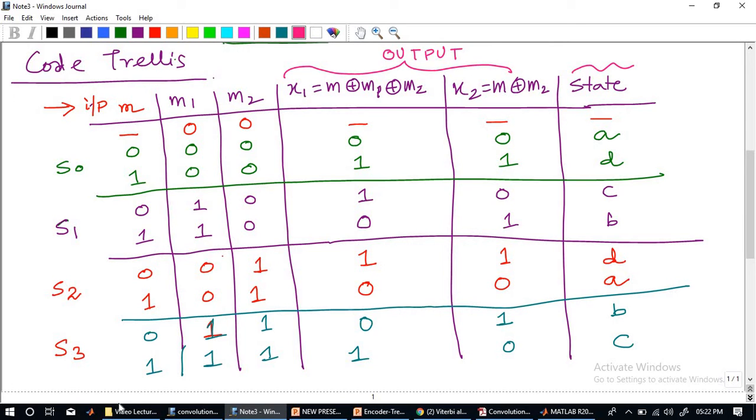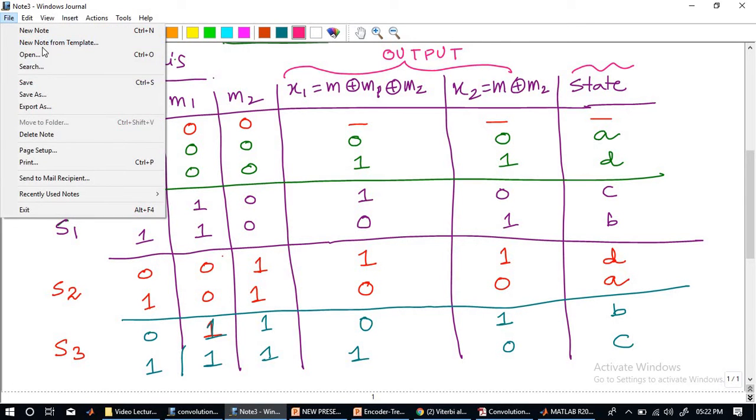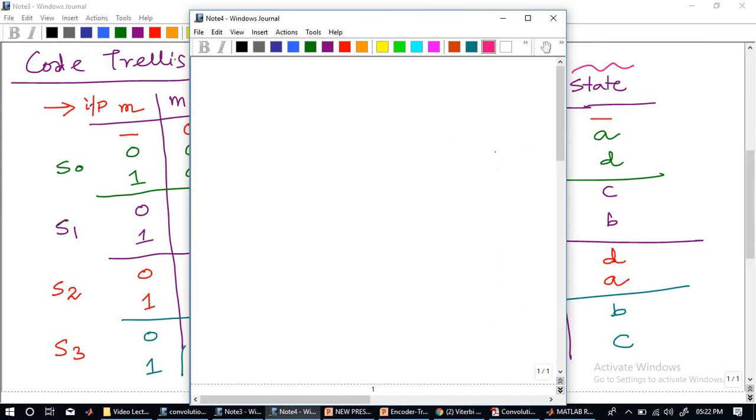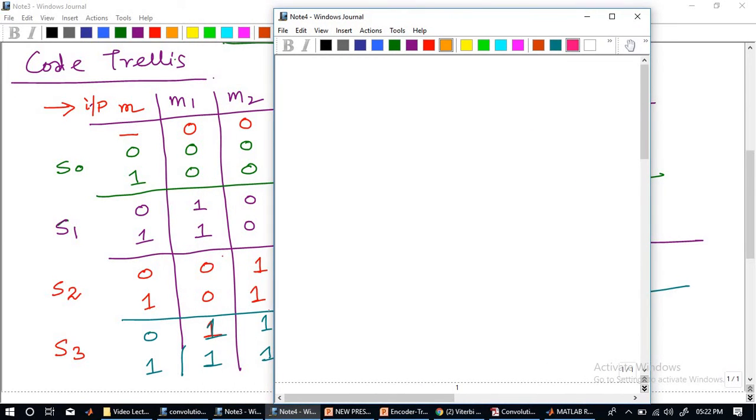Now coming to the code trellis part, how we are developing it. So what I'll do is I'll open a new file. Maybe it will be easier for me, because I need this tabulation somewhere. So how does the code trellis look? It is a combination of all these possible states and will go on creating one after the other. For example,